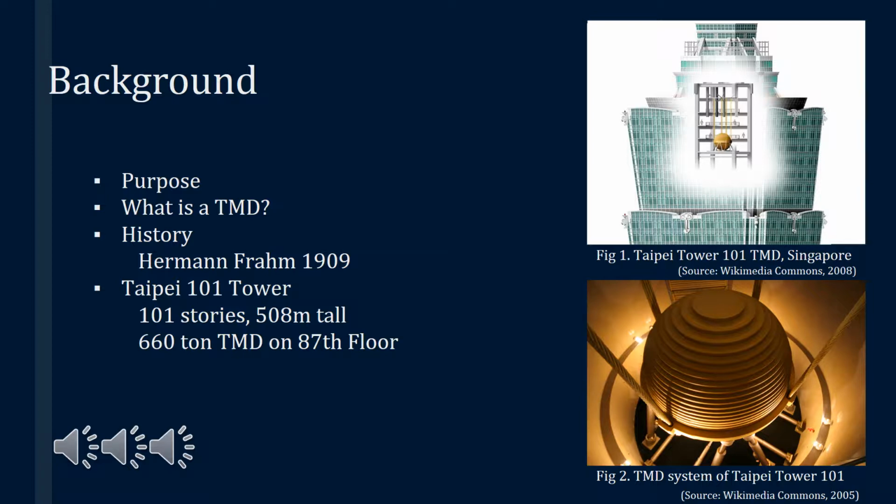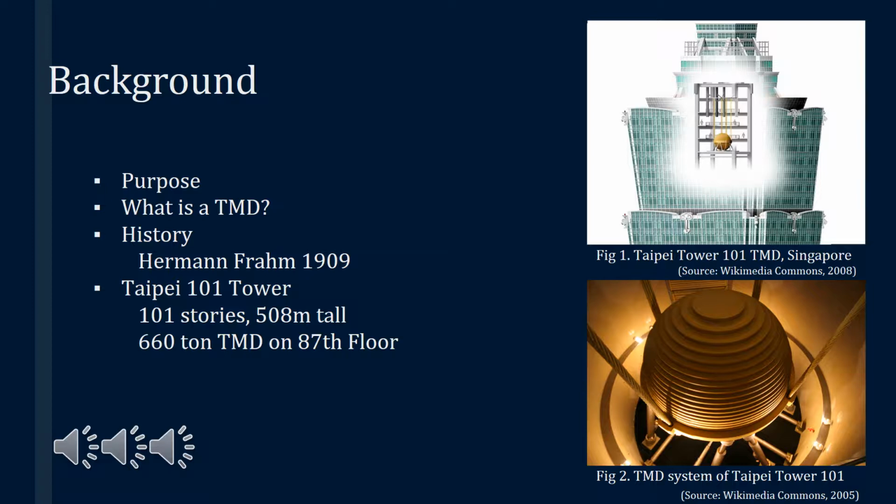The tuned mass damper, or TMD, is such an energy absorber, consisting of a mass, a spring, and a viscous damper. The TMD is a large, massive block which is usually mounted on the top or near the top of a tall building. Its frequency can be tuned to match the predominant vibration frequency, which is usually the first modal frequency of the main structure, so that the structural dynamic responses caused by environmental excitations such as strong winds and